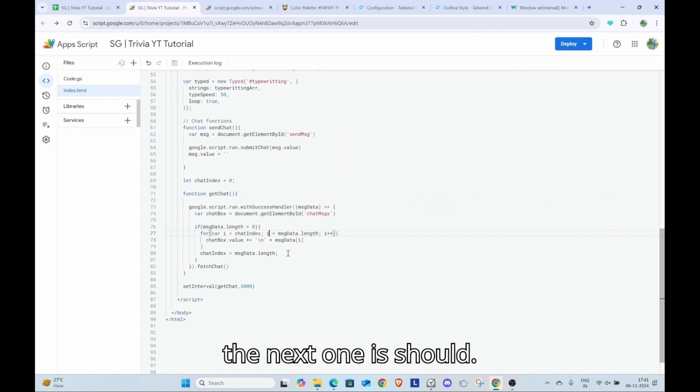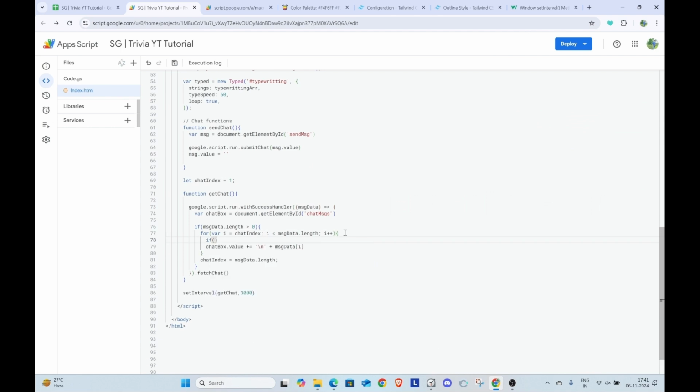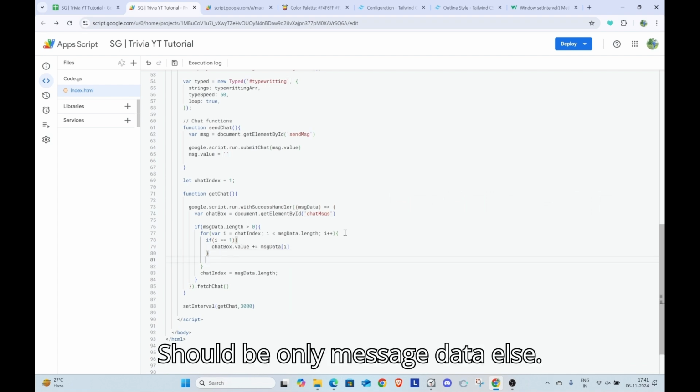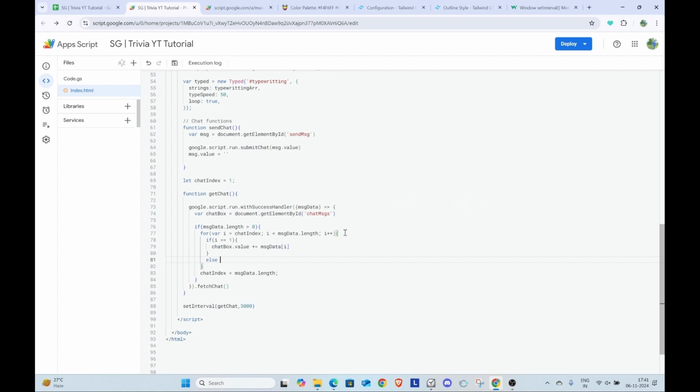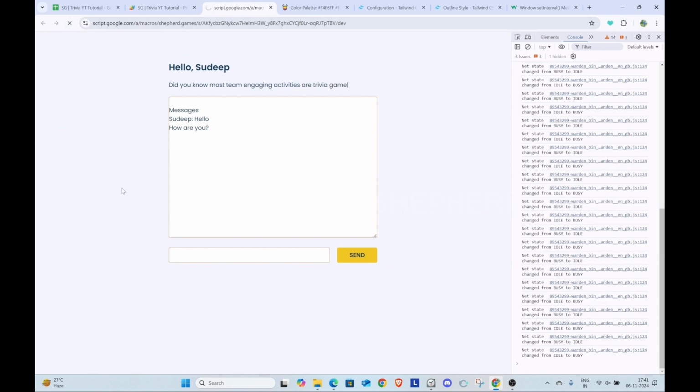And the next one is this should start from one. And also I would like to add one more item here. If I is equal to one, it should be only message data, else it should be with new line. So when that happens,